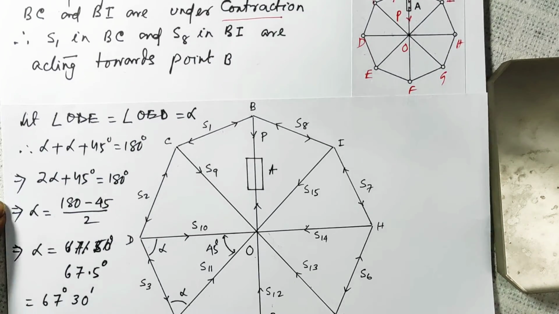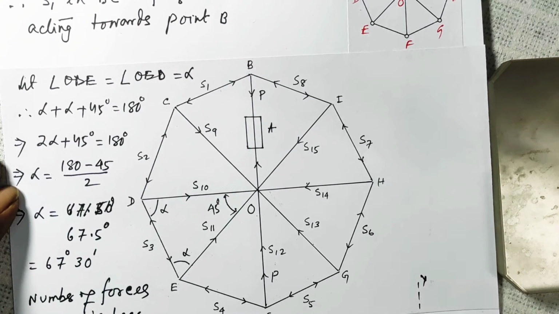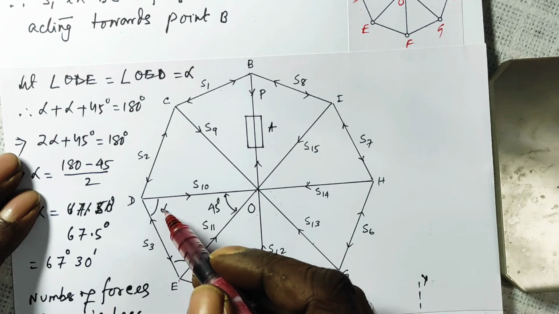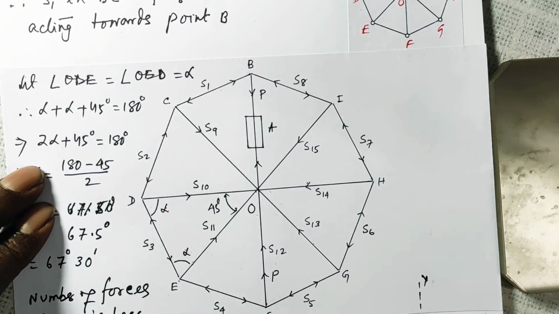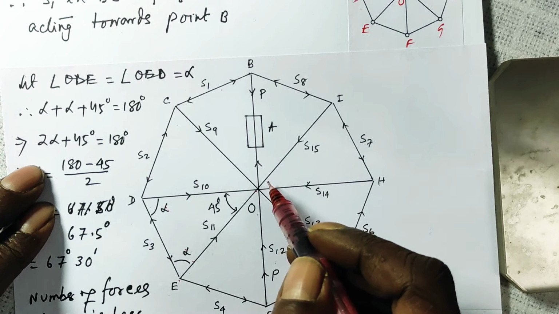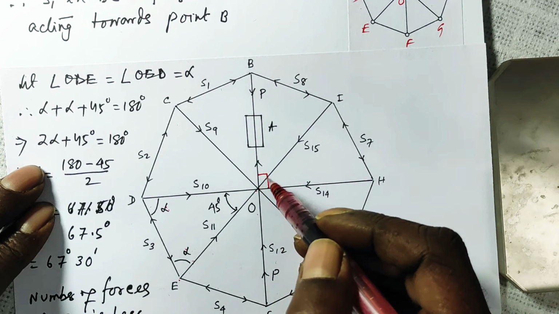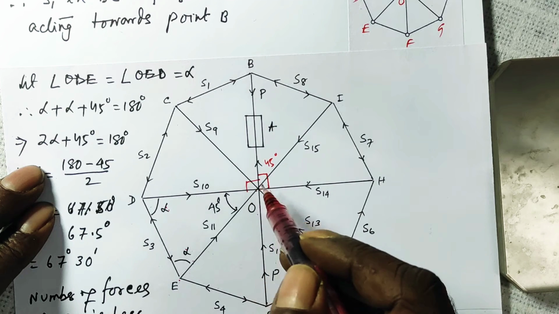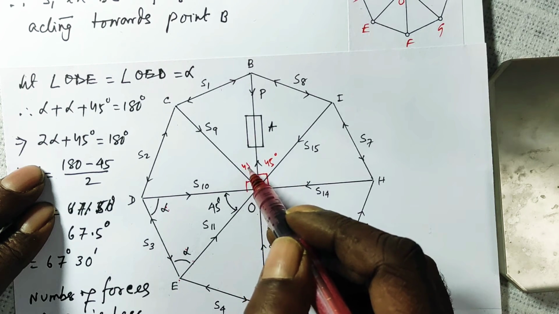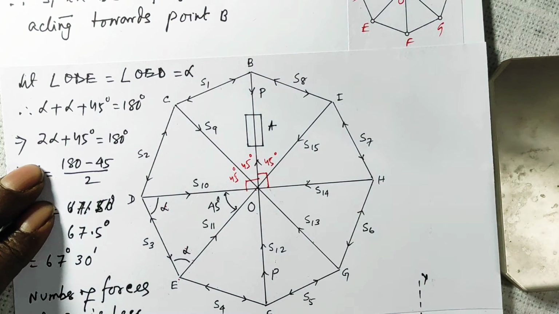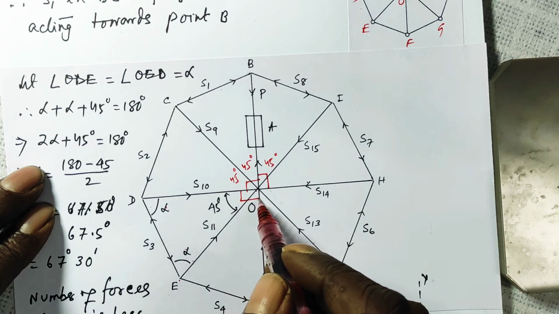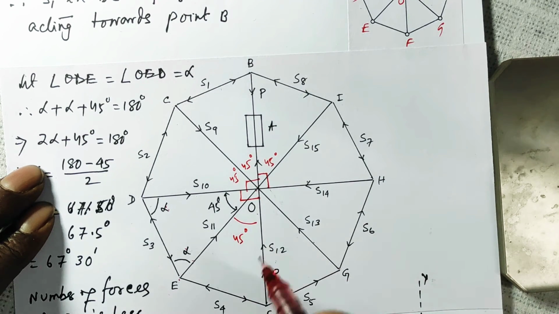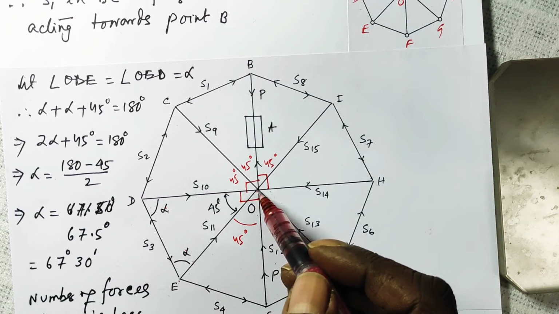Let me show the angle in a larger diagram. Now let angle ODE be equal to angle OED, equal to alpha. Now the question is how this angle is 45. This is 90, and this line is exactly in between, so this is 45. This is also 90, this line is exactly in between, so this is also 45. This angle is 90, this line is exactly in between, so this angle is 45 and this angle is also 45 degrees. So if you look at the triangle ODE,